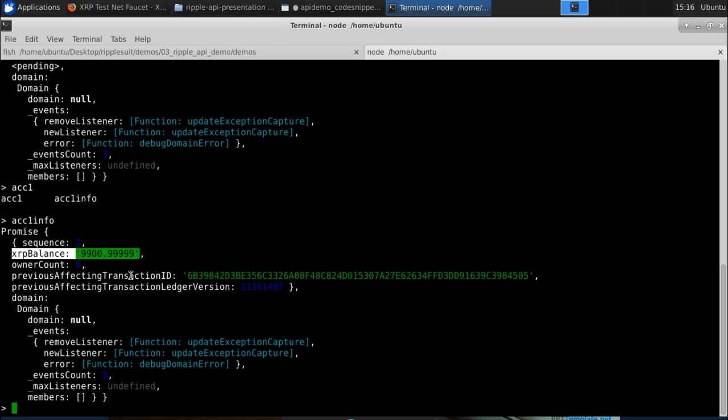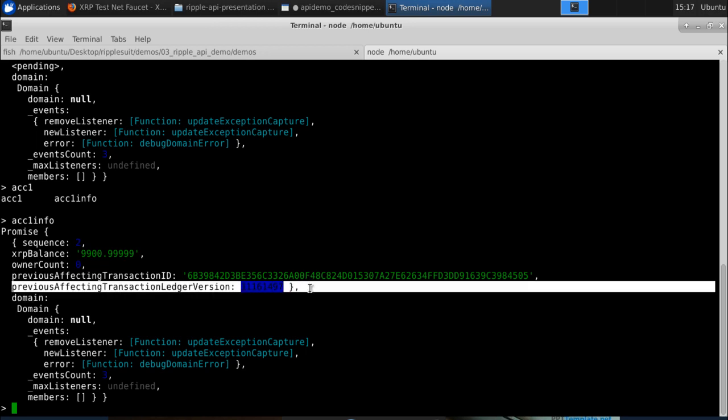It should be 9,901, right, because we transferred 99 XRP, but it is less than that because if you remember there was the transaction fee of 10 drops. Not 10 ripple but 10 drops, so that's why you see this .99999. Another important thing to observe here is the previous transaction ID and previous ledger version. So these two things you remember.